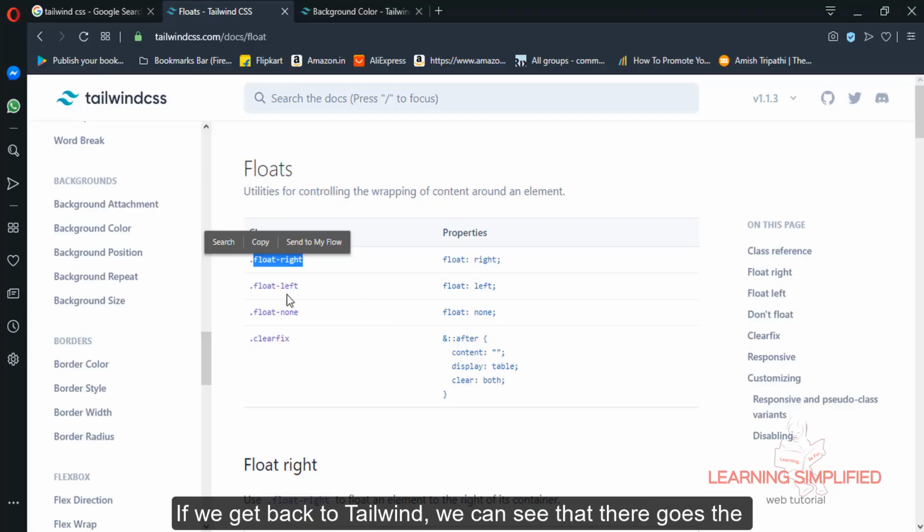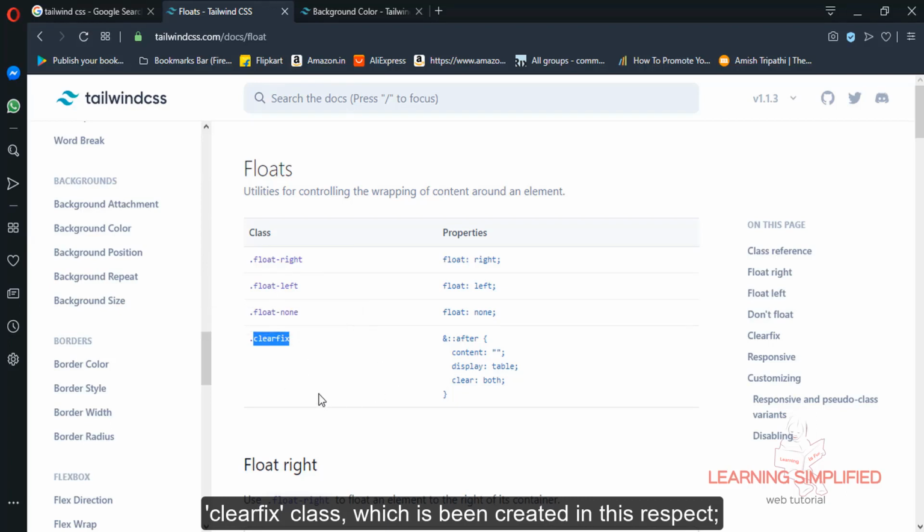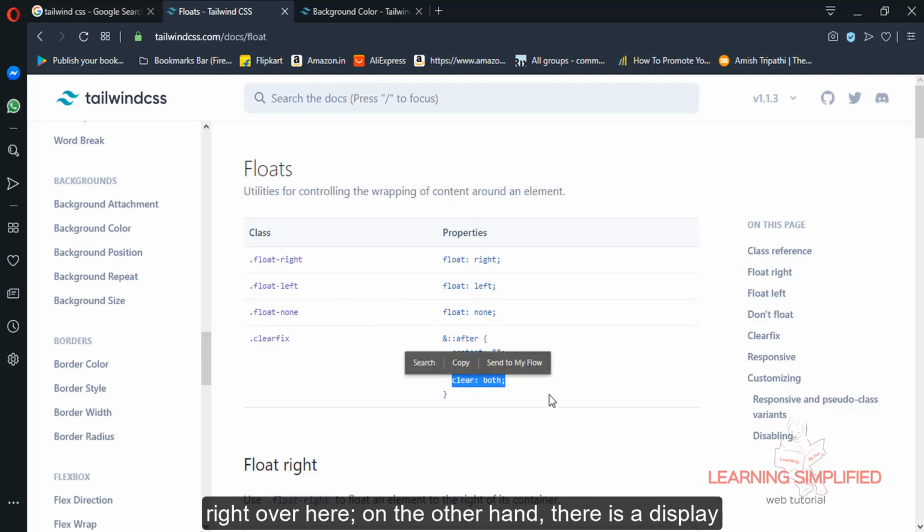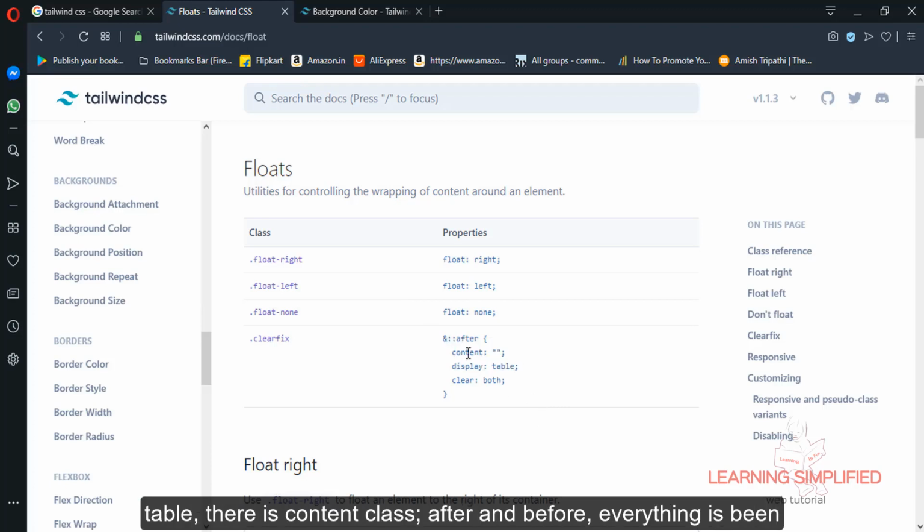If we get back to Tailwind, we can see that there goes the clearfix class that has been created in this respect, and it has this clear both property right over here. On the other hand, there is a display table, and a content class after and before, everything has been defined over here.